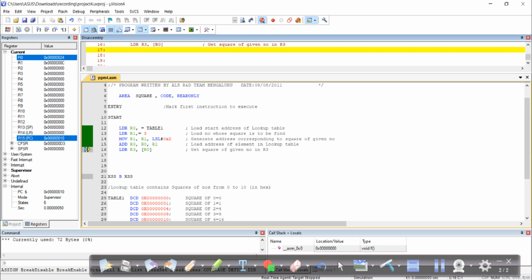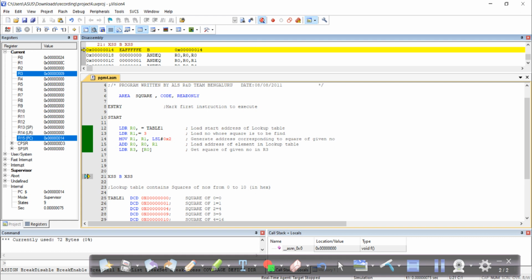So next, ADD R0, R0, R1. So I have added R0 and R1, and then inserted into R0 here. So next, R3 is getting the absolute value of your R0, that is your 9.